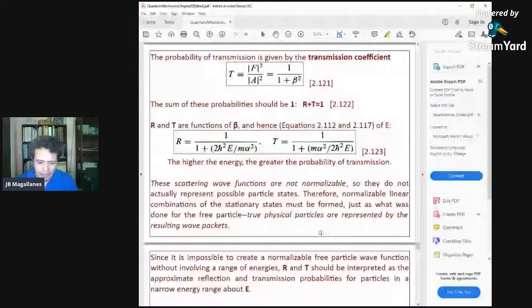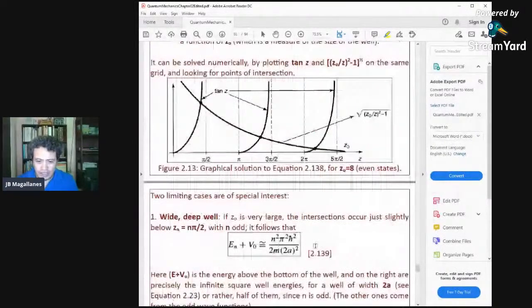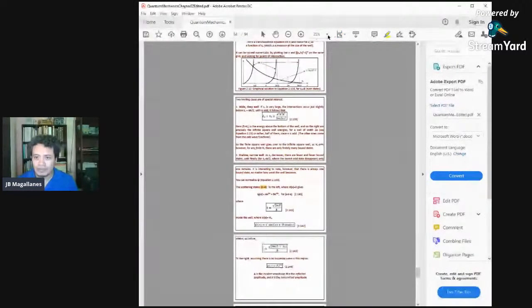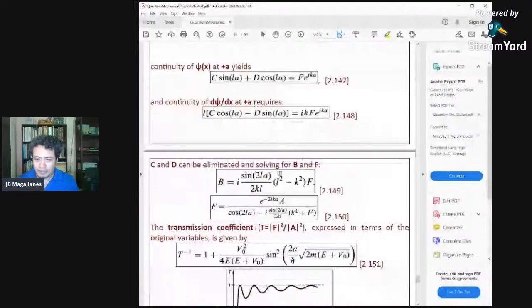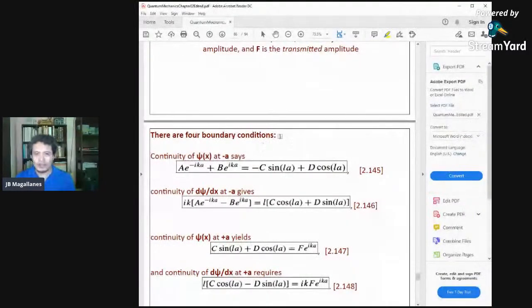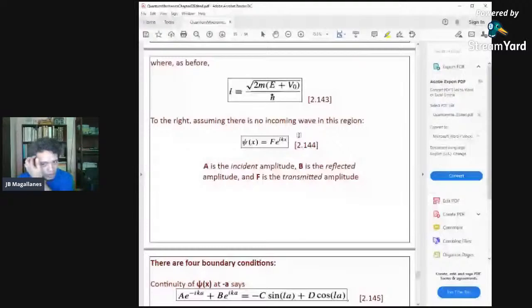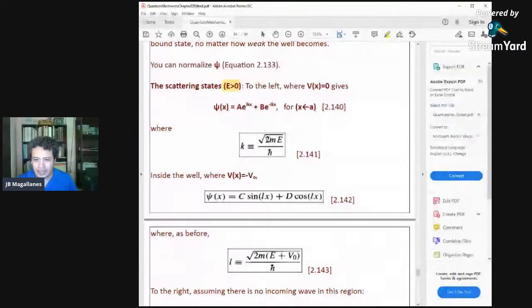Again, scattering states do not permit a normalizable wave function. We can only get the reflection and transmission coefficients. So there are boundary conditions. For the first one, for x less than negative a,